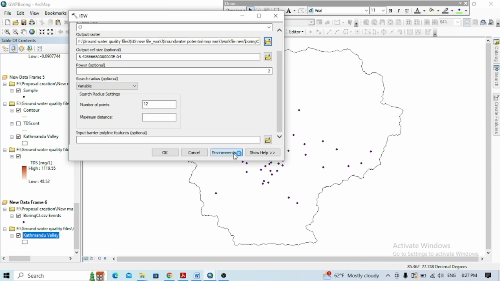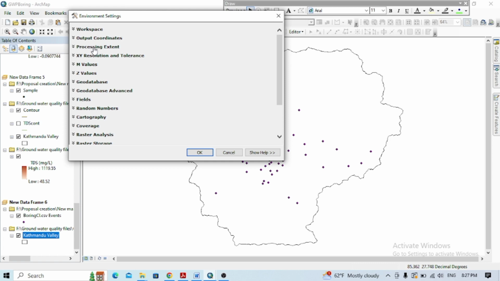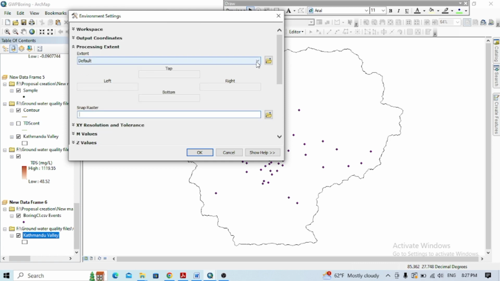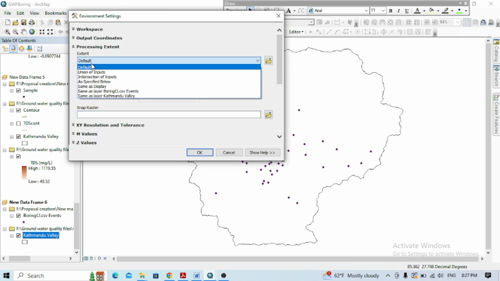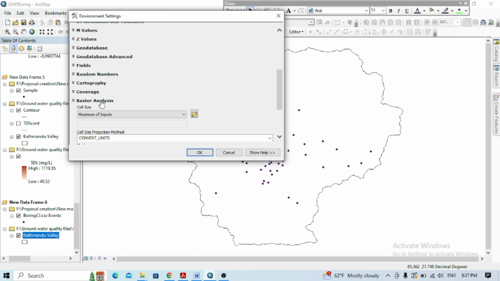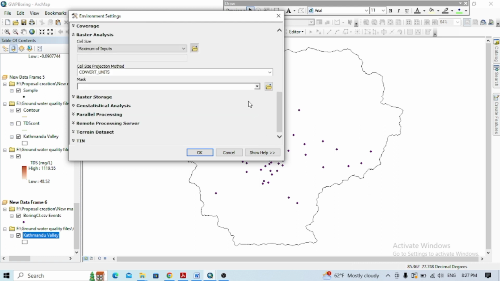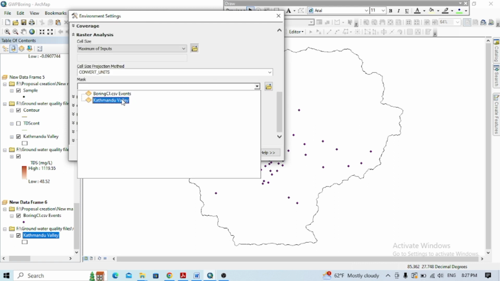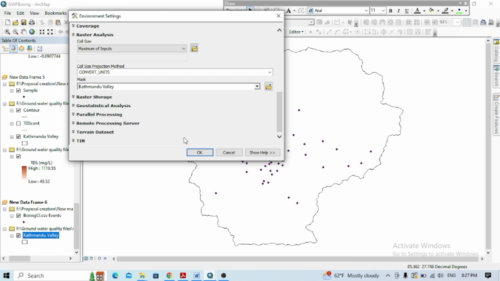Just make sure you edit your environment here in the processing extent as of your location area, study area site. Again in the raster analysis also, mask